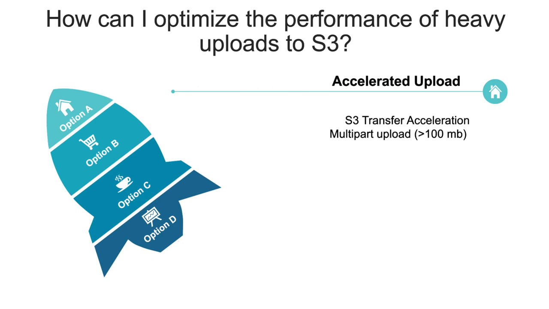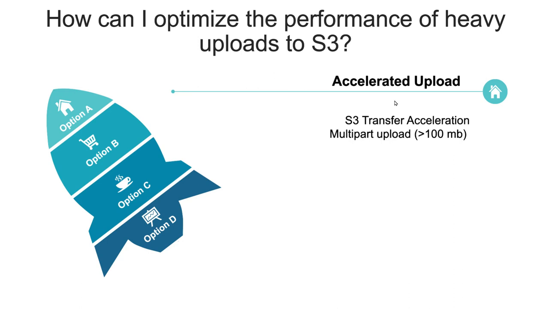Then what are the other ways to optimize? If there are, let's say, files which are very, very big, then what should be done? How can we optimize that loading of the file? Typically in AWS, whenever we are bringing in data from multiple places, most of the time the landing area would be S3. Even if we observe data lake use cases, we would observe that even the multiple layers that we create, whether it is raw, aggregated, etc., are in S3. So one way to accelerate this loading to S3 is using multi-part upload. So if our file size is greater than 100 MB, we should definitely use multi-part upload.